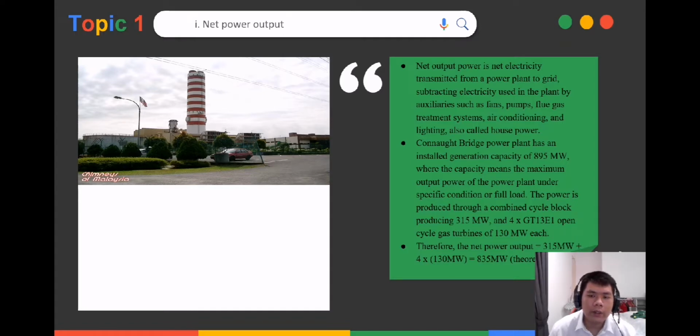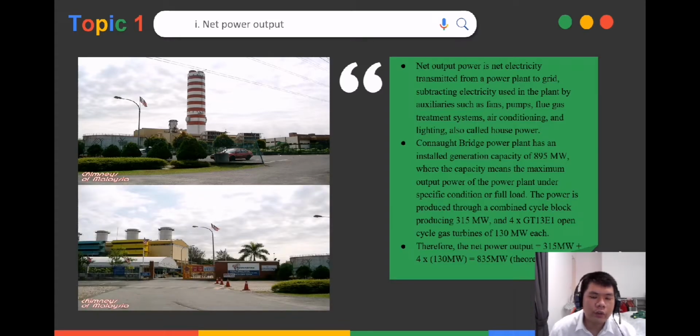Corner Bridge Power Plant has an installed generation capacity of 895 megawatts, where the capacity means the maximum output power of the power plant under specific conditions of full load. The power is normally produced through a combined cycle block producing 315 megawatts, as shown in the first diagram, and 4 GT13E1 open cycle gas turbines of